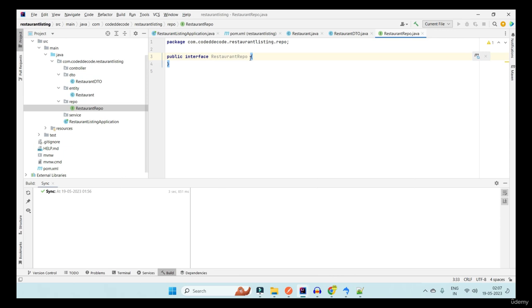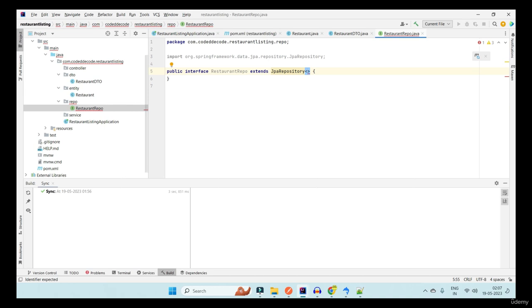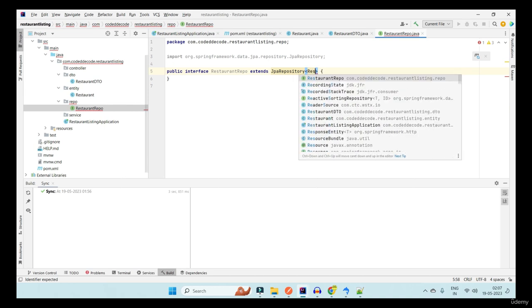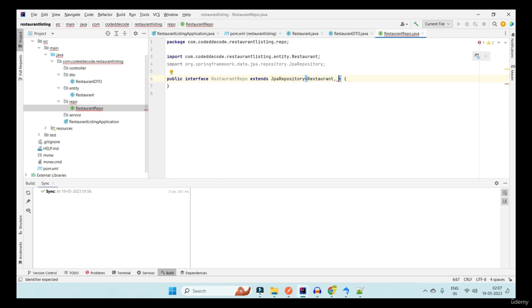So I don't want to have the repository IMPL. I'm good with the interfaces now. So I'm going to extend JPA repository. This will have a generic type where the first argument will be the entity name. So our entity is restaurant and not restaurant DTO, remember. And its